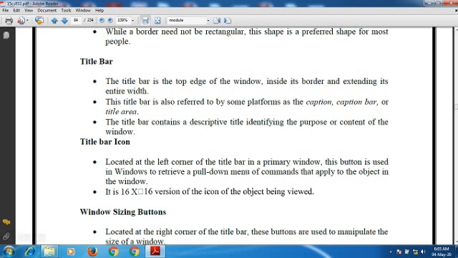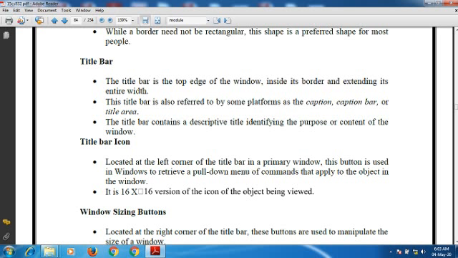Usually we have a 16x16 version of the icon of the object being viewed here. When clicked with the secondary mouse button, the commands applying to the object are presented.